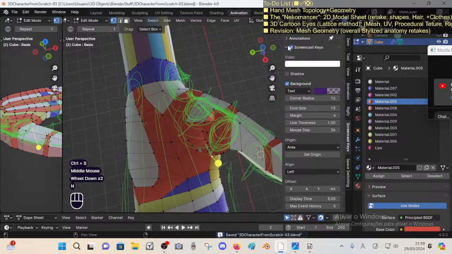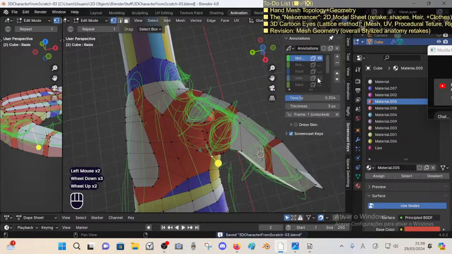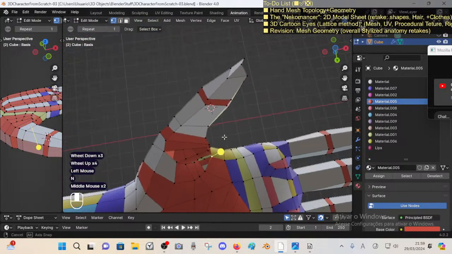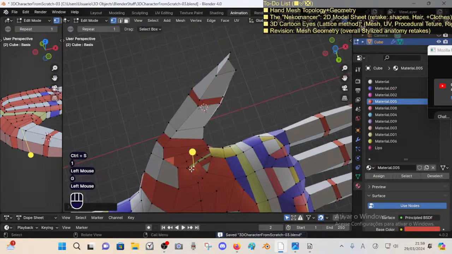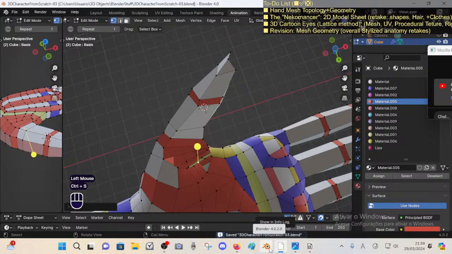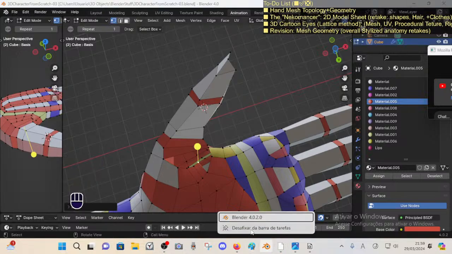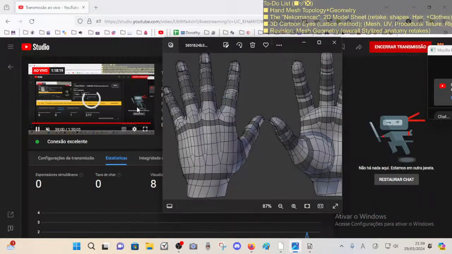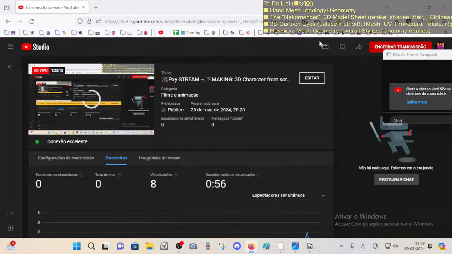This model sheet notation is not helping. I need to check the reference of another character, so I'm going to, this is an old Blender 4.1 that I'm not using right now, so I need to,